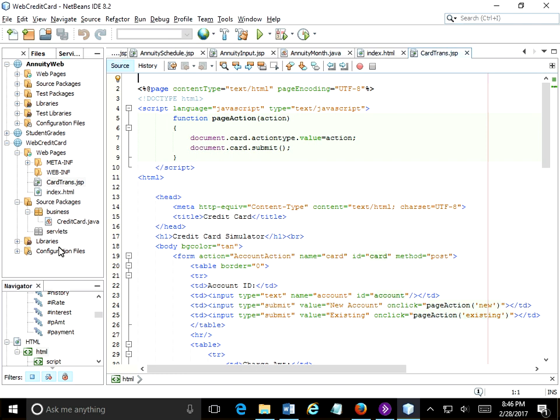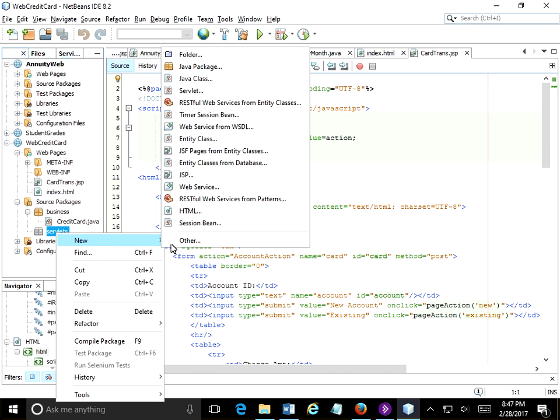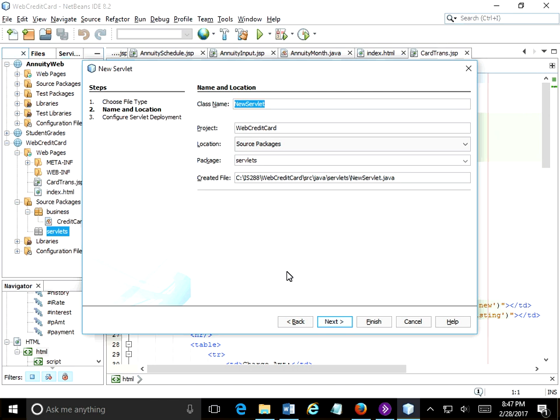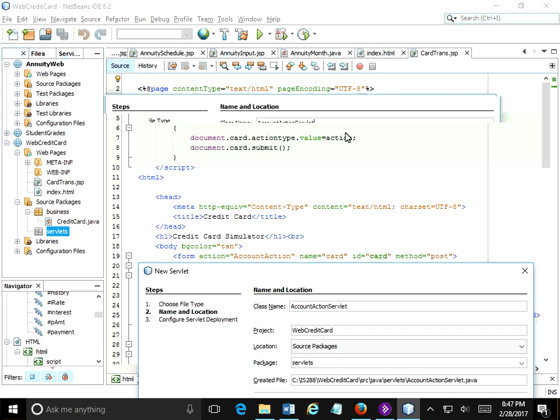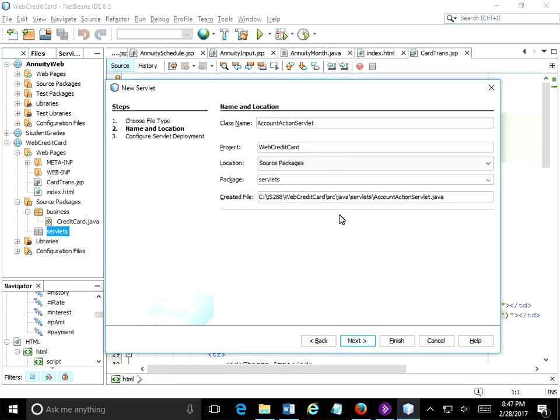All right. So let's go ahead and make that account action servlet, and we'll get rolling on that part. Right-click in your servlets package and go for a new servlet. So this is account action servlet. And when we go next,